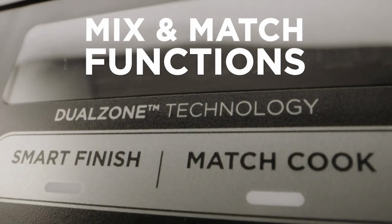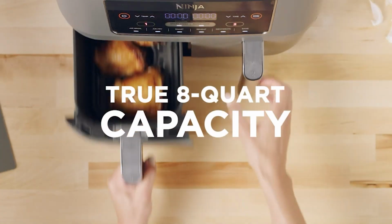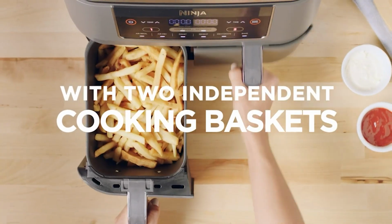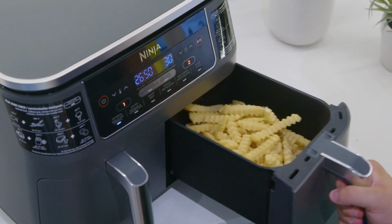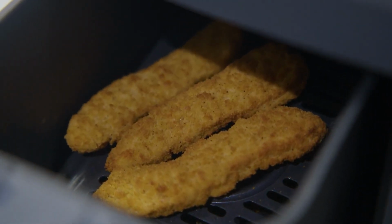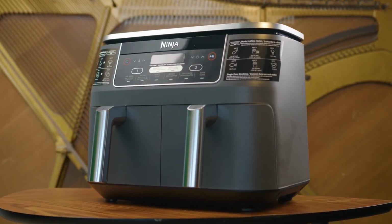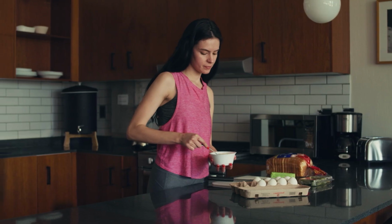One of the best features of the Ninja DZ201 is its match cook technology, which lets you cook different foods with different cooking times and temperatures in each basket, so you can cook an entire meal at once. Plus, the Smart Finish feature ensures that all your food finishes cooking simultaneously, so you don't have to worry about